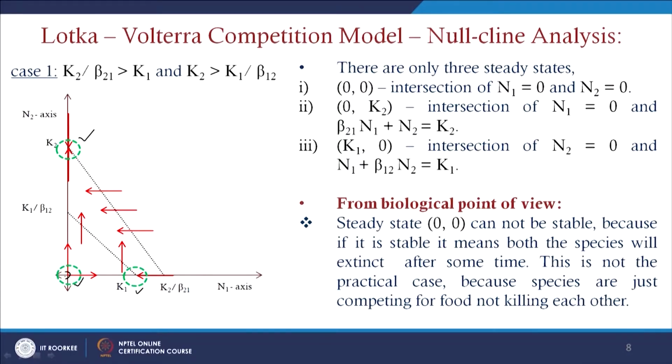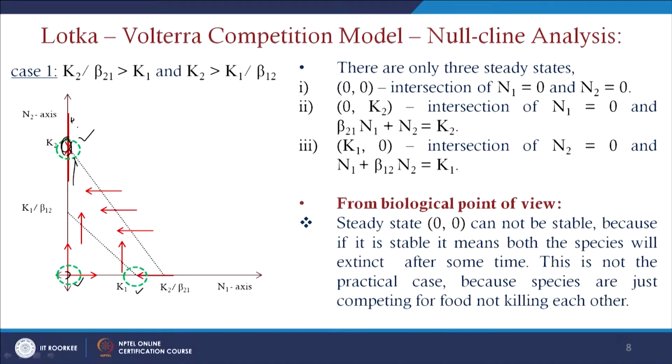And if you consider this k2 point here, any point above or below k2 will always move towards k2, since this gives an increasing function there. Any value above k2 will also come towards the point k2. That is why k2 is a stable point in that scenario.